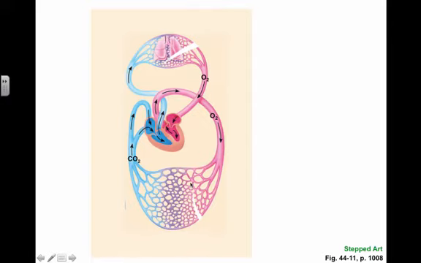This tissue down here is going to be capillaries that supply the muscles and digestive system and all the other organs, and so oxygen's going to come in here. You're going to have cellular respiration in the cells that are fed by this, and they're going to dump carbon dioxide out into the bloodstream, and that's going to return to the heart via the superior vena cava and the inferior vena cava. Actually, superior would be this one on the bottom, and they're going to dump into the right atrium. That's going to get pumped into the right ventricle, and that's going to get pumped out into this